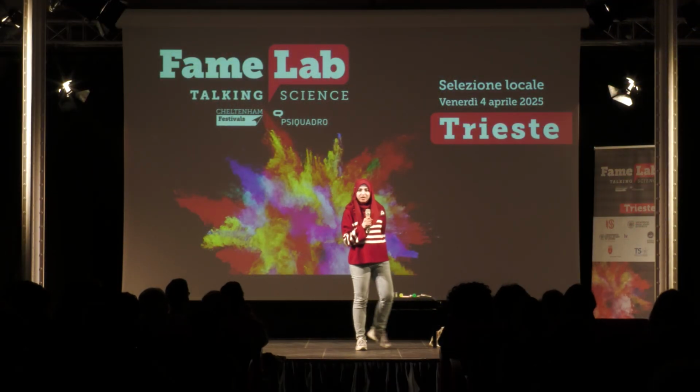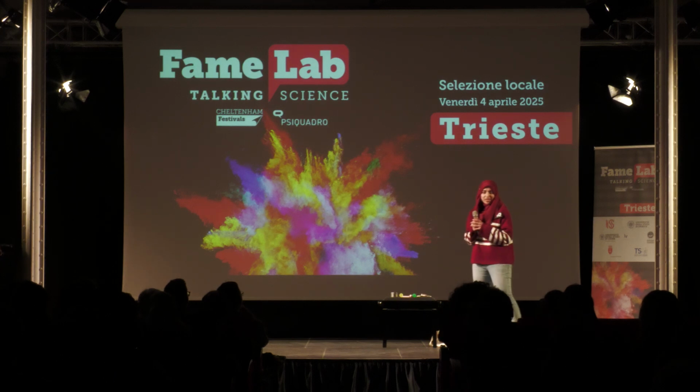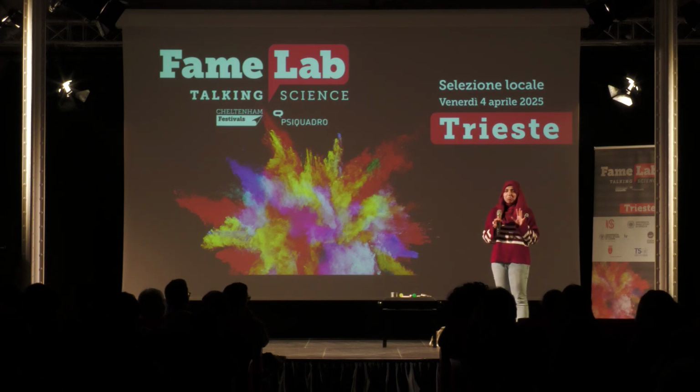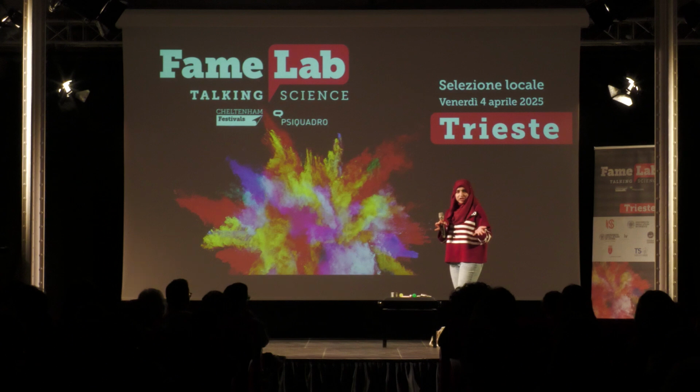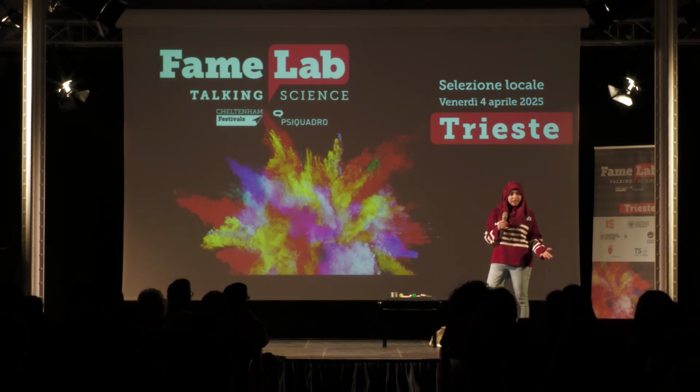Okay, so let's talk about brain capacity first. Now, do you know how many things at a given moment we can memorize? Well, the number is 7 plus or minus 2. You might be able to remember 7 names, 7 digits, 7 places, 7 objects, or 7 colors at a given moment.